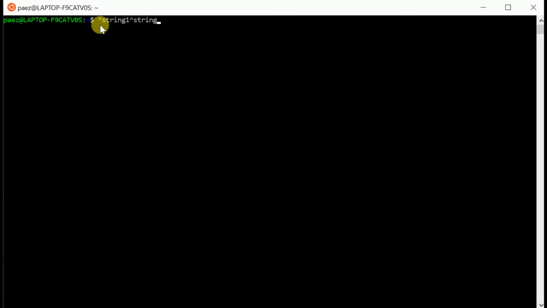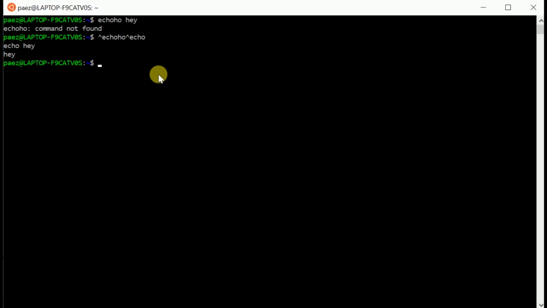the string followed by the string 2, which is the correct string. So for example, I made a mistake in typing the echo command, and I got a command not found, and I know that it is not the correct command. So what I can do is write exponent operator followed by the incorrect command which I gave and which I wish to change, followed by another exponent operator followed by the correct command. So this, as you can see here, it will print the correct output, and it will basically replace this incorrect string by this correct string. So you will get the correct output out here.